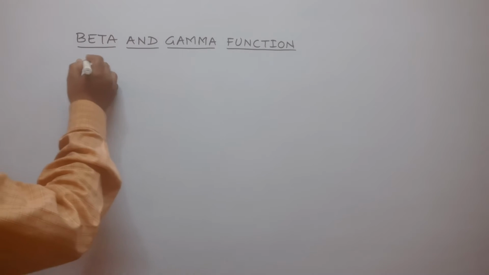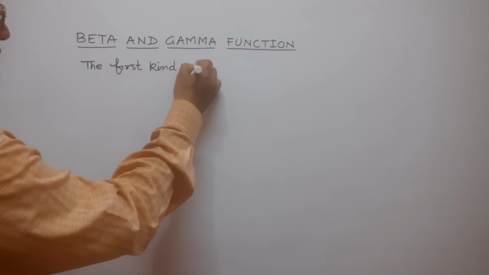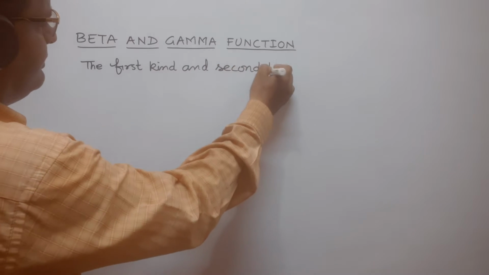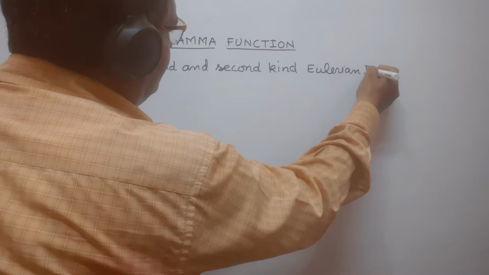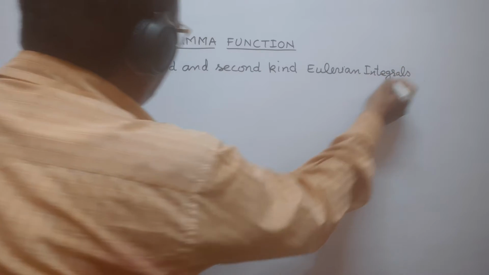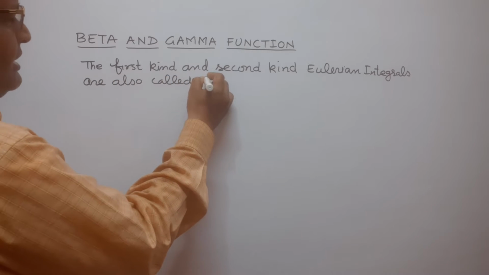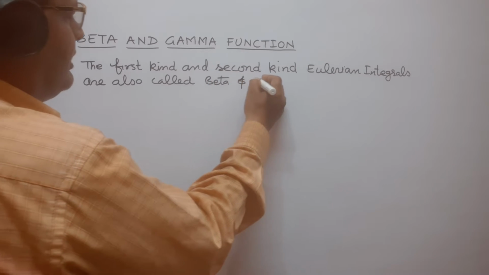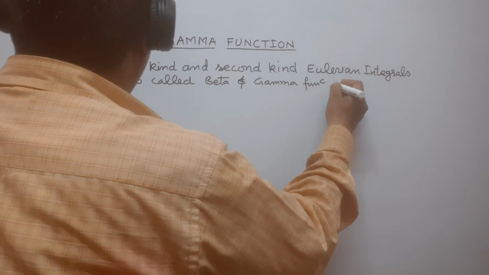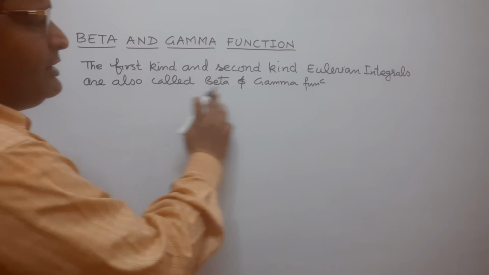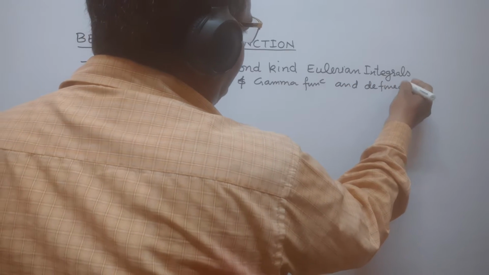The first kind and second kind Eulerian integrals are also called beta and gamma function, and defined as